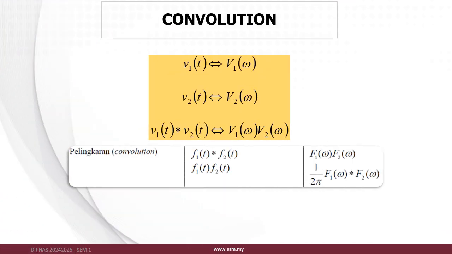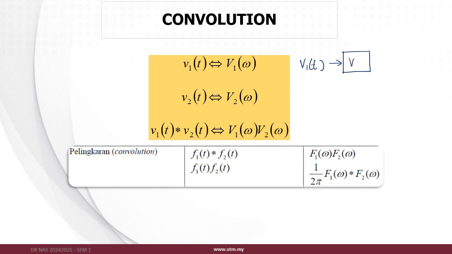Okay, let's look at the next Fourier transform property, convolution. If you can recap this term convolution from the first chapter, it is kind of difficult to solve the convolution by using time domain signals. However, it can be simplified by using frequency domain signals, in which you have a signal v1(t) going into a system,